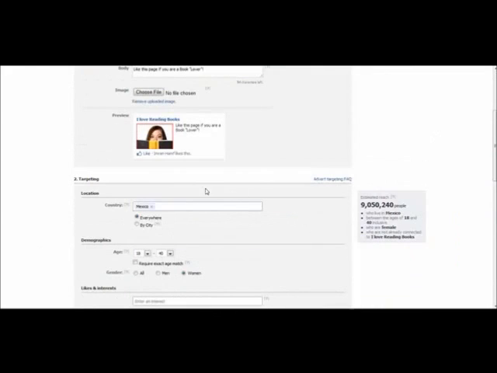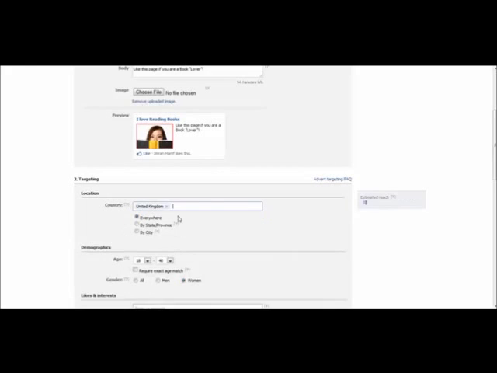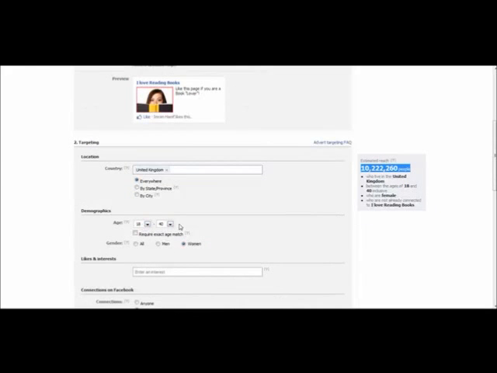So anyway, going back to targeting, you want to get the cheap clicks from countries like Mexico, USA, Canada. But when you're creating a campaign, always enter one country at a time. So for example, if I'm going to be doing the United Kingdom, and let's just see, there's 10 million women in the UK aged 18 to 40.